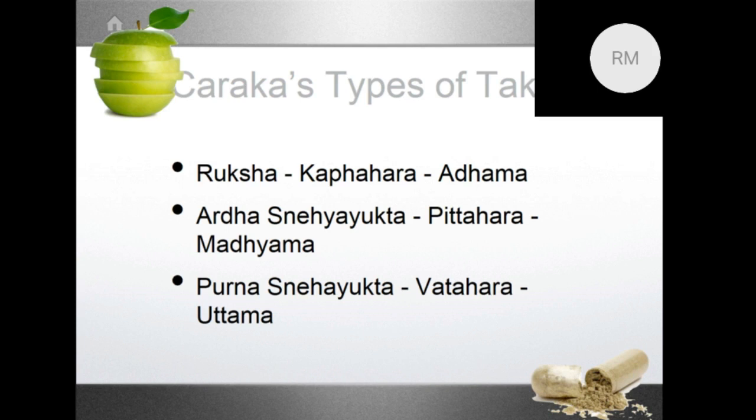So if you have a person who has more pitta in the system, remove half of the fat from buttermilk. And then you have a buttermilk which is good for pitta. And when you don't remove the fat from the buttermilk, when you keep the fat and dilute it with water, then it is good for pitta vata. So you can see how Ayurveda adjusts or modifies food substances based on the doshas. So the same buttermilk, depending on how we process it, can have a different action on different doshas.